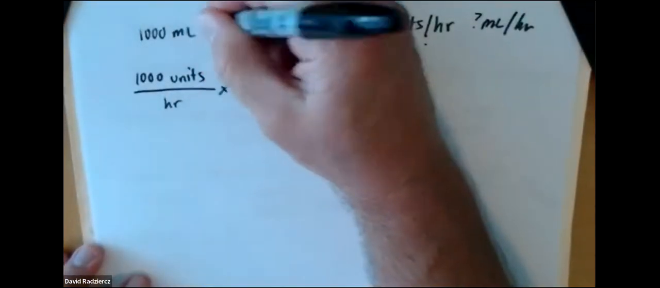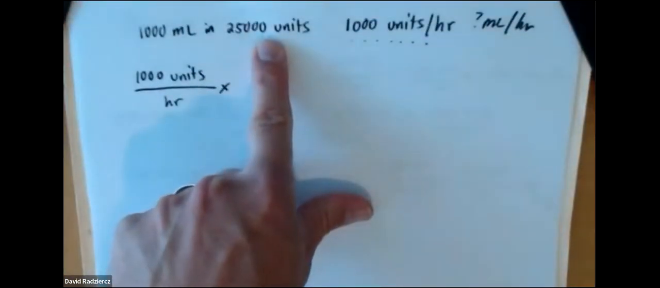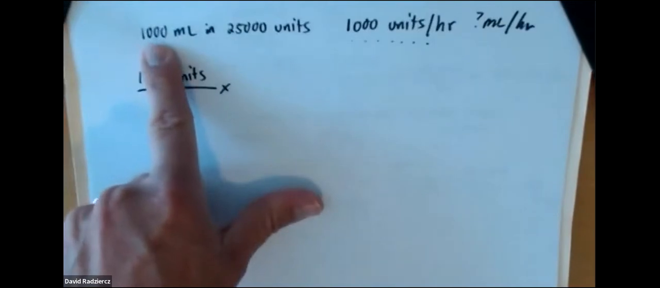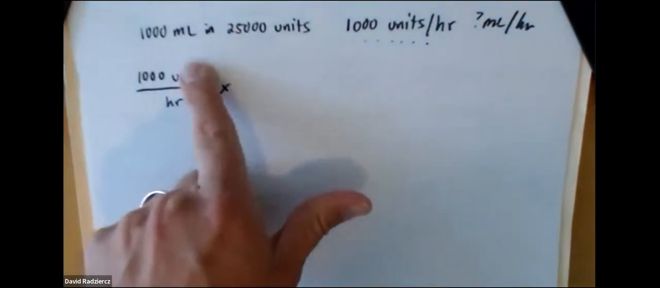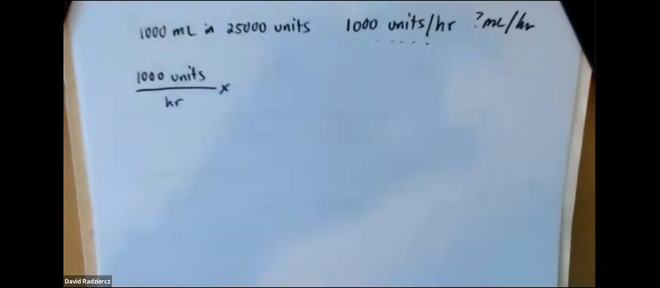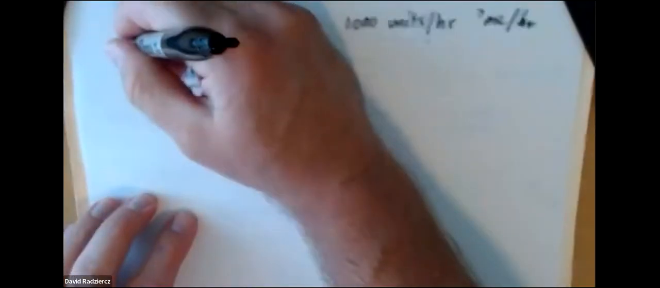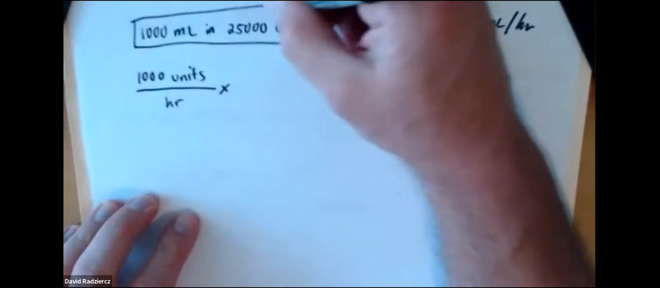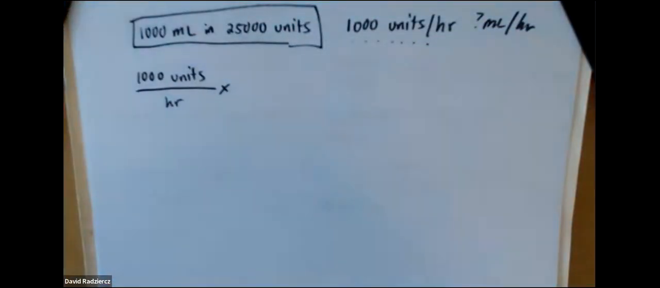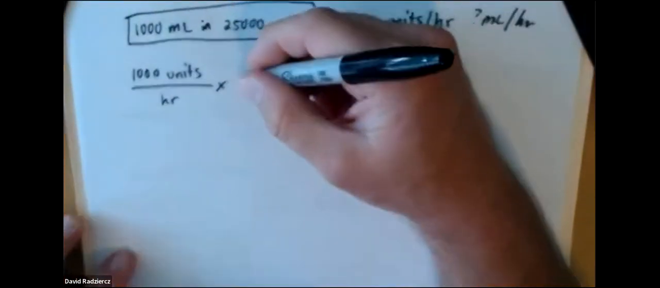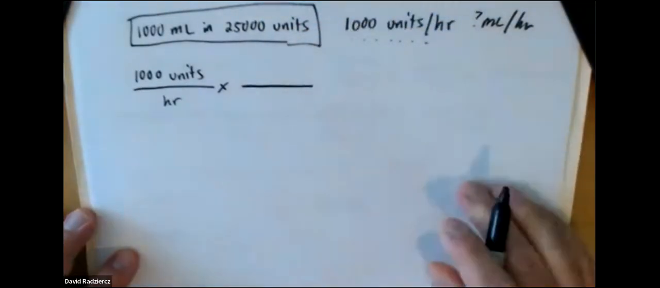And this is where the 25,000 units of heparin in the 1,000 milliliter IV bag come in. I know I kind of wrote this backwards, that's an important thing. These things are in the bag together. We want to connect these two. There's 25,000 units of heparin in the 1,000 milliliter IV solution. So what I'm going to do is organize this so that I can get rid of units